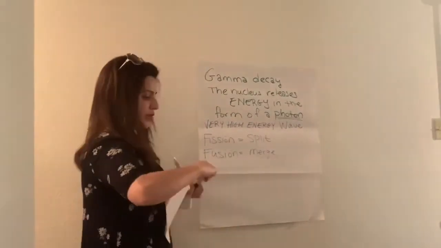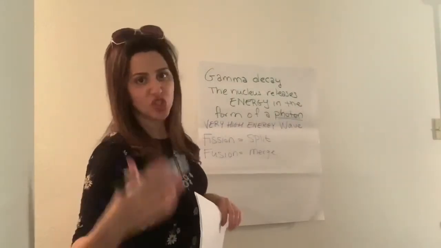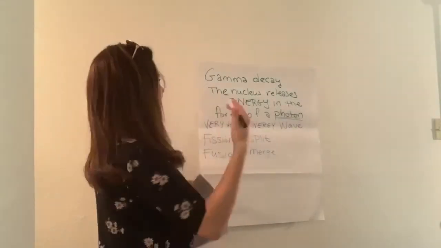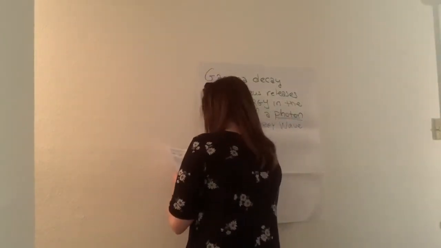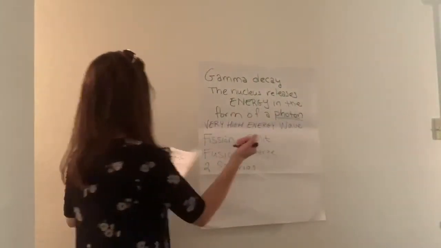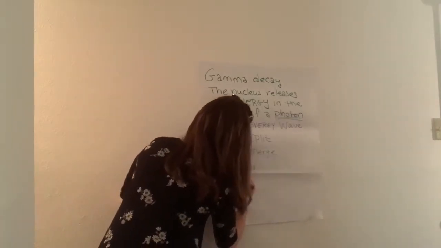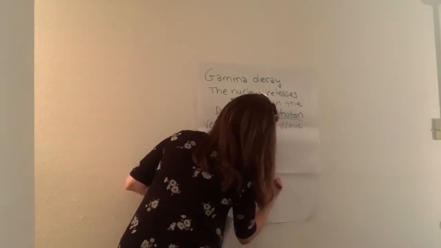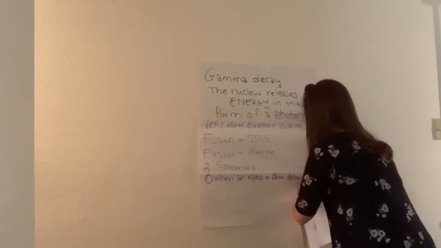So there are two scenarios that will basically result in the release of a gamma ray. So two scenarios. My black marker is not working so well. All right, so in the first case, when an alpha or beta decay occur,